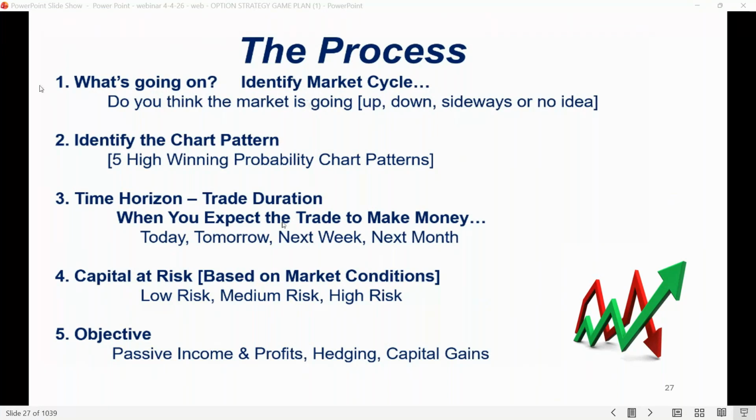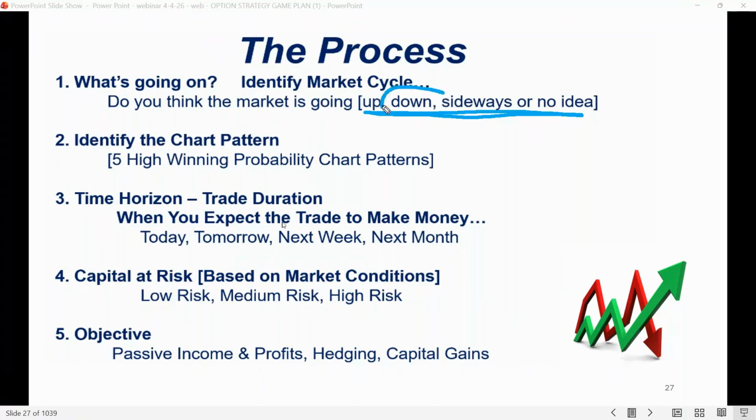Obviously, there are a lot of different ways to determine the market cycle, and this is what we'll cover in the course. I've got a very mechanical way to define the cycle. That's going to be part of the process in the course. I'll show you exactly what I use, but based on what I use, right now we're in a